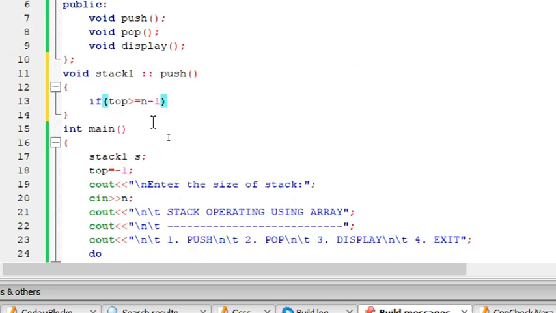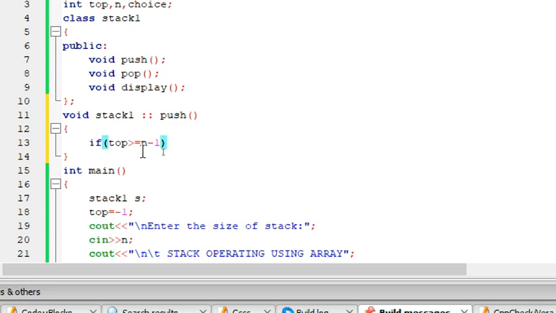If I give 5, for example, that means array of 0 to array of 4. If the top is pointing to 4, either it is equal to 4 or greater than 4, that means I don't have any space. We know that array of 0, array of 1, 2, 3, 4, that's array of size 5.